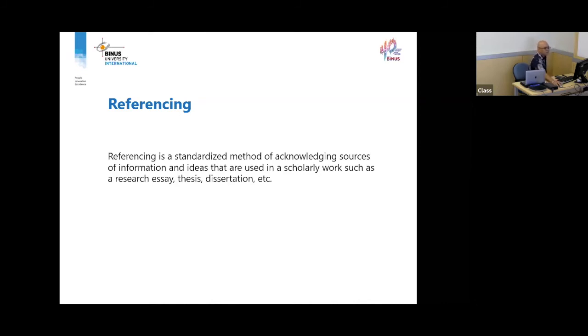What's important right now is that you know the concept. Yeah, so this is a technical part of putting in your sources, and referencing always follows the prescribed format of a particular organization like APA or MLA or IEEE in the case of computer science students later on. Yeah, okay. Now let's continue.